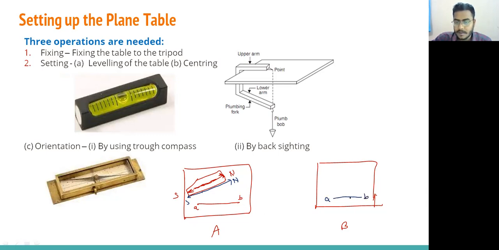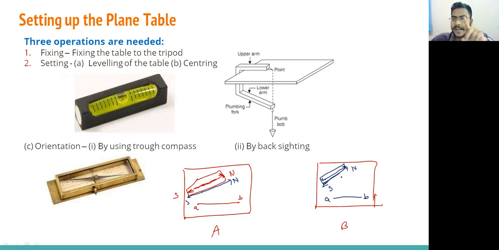You will see the line a b here, because this much we have drawn on the sheet when we were at station A. When we were at station A we drew A to B, small a b, a line. So the sheet will show this much. Now, on the sheet, just keep this trough compass here, and we make sure this edge is touching this line.